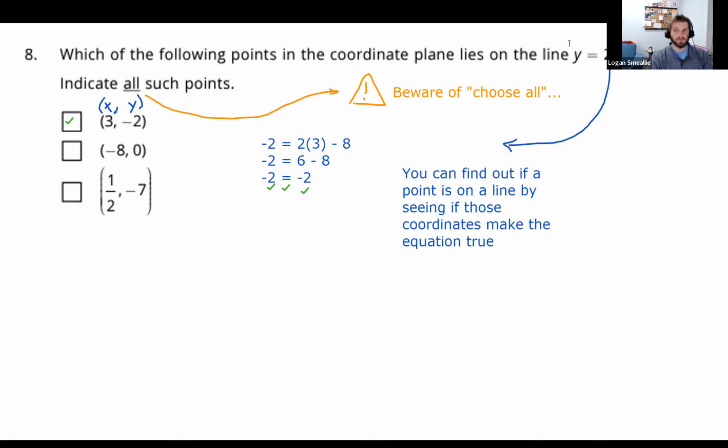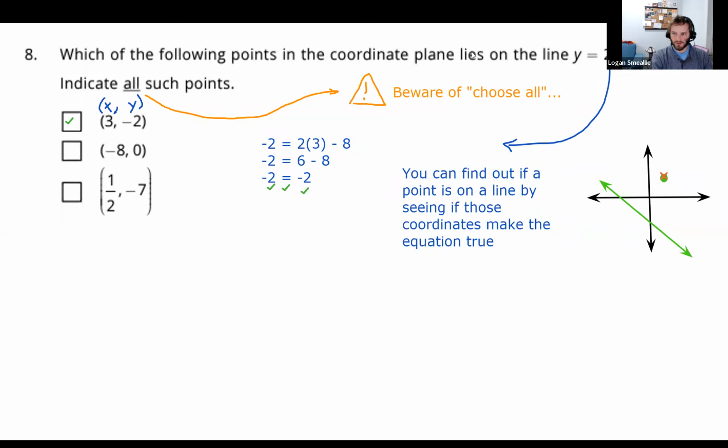Picture, let's draw what this graph might be. It might be something like, if this is our plane, we've got a negative slope, a positive slope, negative intercept. So it might be something like this. And what we're doing by plugging in our coordinates is, I almost picture this like we're locating the line. If we submit that point and try to run it through this line equation, it's going to tell us something fake. And we're going to know that's not right.